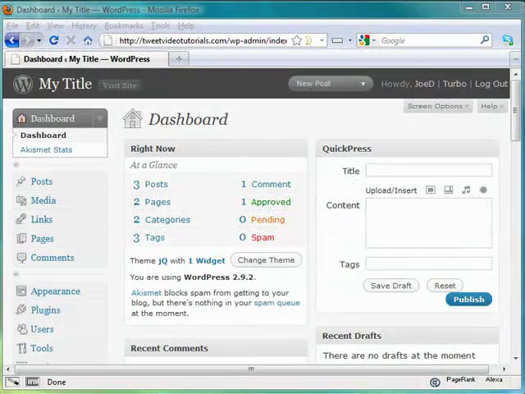In this video, we're going to talk about adding a new post to your blog. Now, there's actually several ways in which you can accomplish this. One is right on your dashboard. Now, this only holds true if you haven't gone hog wild and started customizing your dashboard, in which case